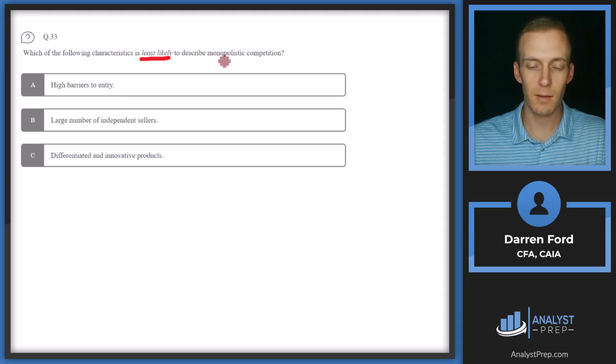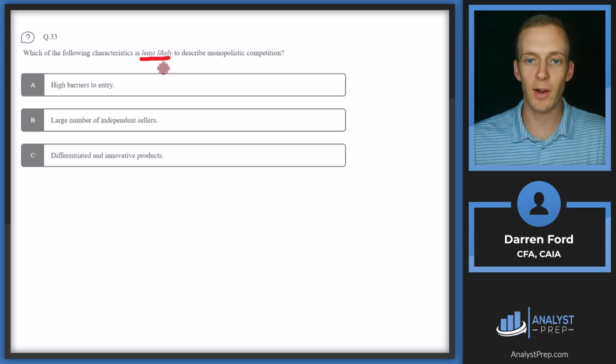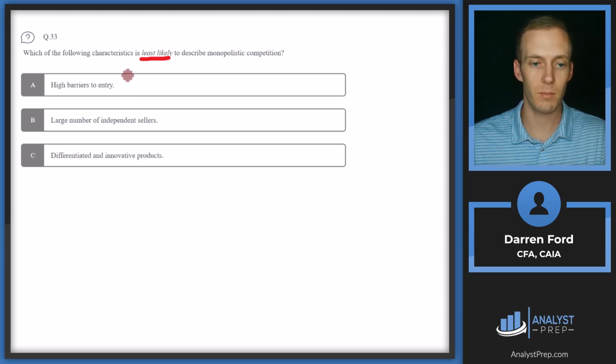In a monopolistic competition, there's a lot of different companies or restaurants in this case, but are there high barriers to entry? Not necessarily. I mean, if you're going to open up a huge chain of restaurants and whatnot, that could be a huge undertaking. But if you were just going to be a guy or gal who buys a food truck and serves some food out of your food truck, there's not necessarily huge barriers to entry there. You wouldn't need a ton of capital to get started. So I think A sounds like it could be our answer, but let's make sure we can rule out B